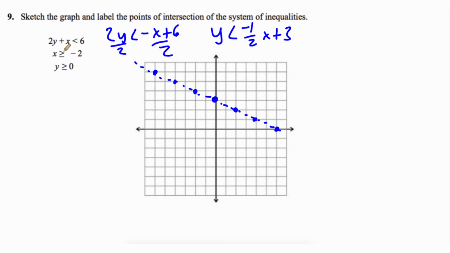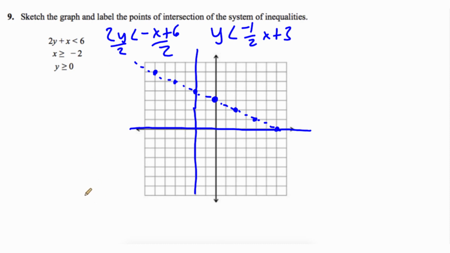So our next one says x is greater than or equal to -2. Well, since we've got kind of like an x equals equation, that's going to be a vertical straight up and down line through the x value of -2. And this one's going to get a solid line because we do have that equals to portion of our inequality. For our next one, we've got y is greater than or equal to 0, so we're going to have a flat horizontal line through the y value of 0, and again a solid line because we've got that equals to